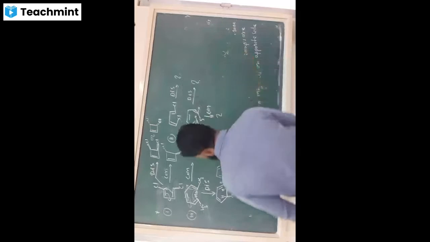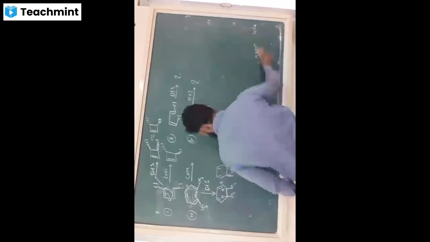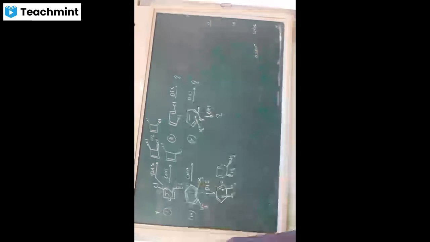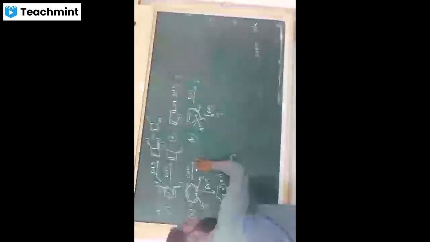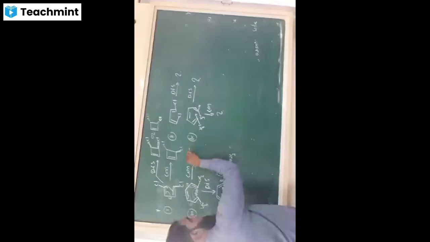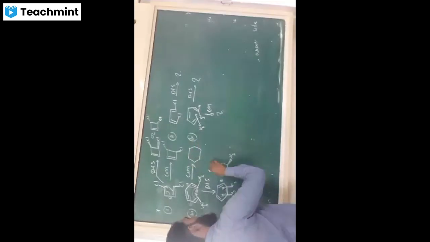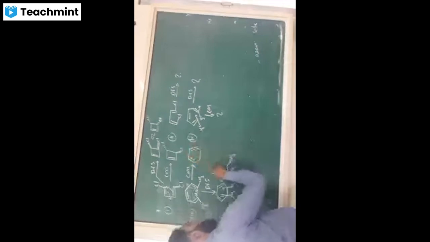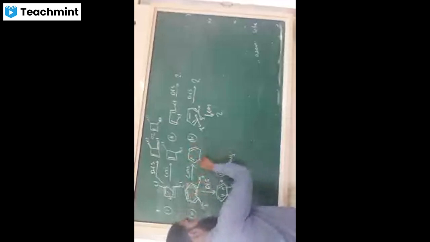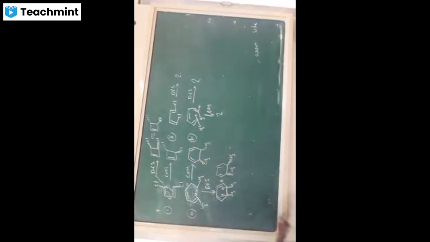So what happened with the conrotation? Both the methyl groups are trans, on opposite sides. In the product also they will appear on opposite sides. So here two double bonds, one will shift to one position, another to another. Methyl groups are trans, so they will appear trans in the product also. Here, in disrotation trans will get converted into cis, and in conrotation trans will remain trans.